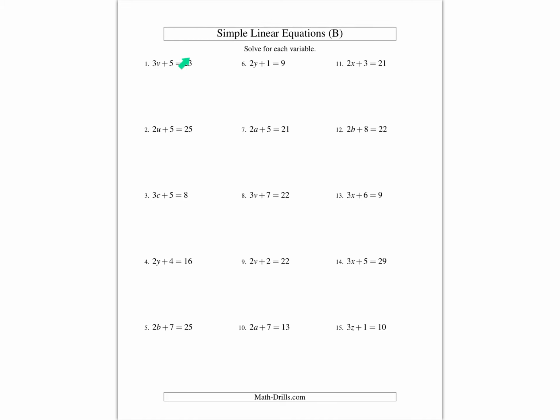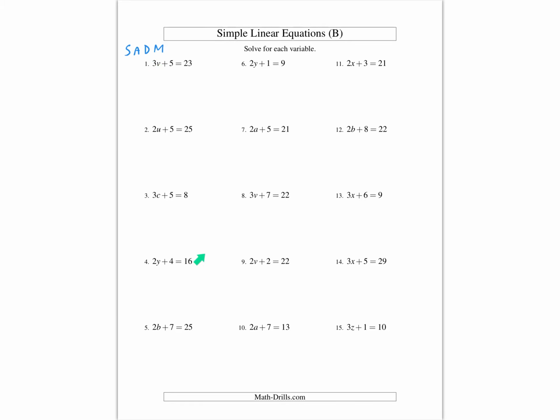And we got to ask ourselves, what is happening on this side? Okay, this left side. It's 3v plus 5. So what I want you to do is I want you to write S A D M. Okay? SADM, whatever. Where the S stands for subtraction, addition, division, and multiplication. Okay? This will give you sort of an algorithm of the steps you need to take to solve any 2-step